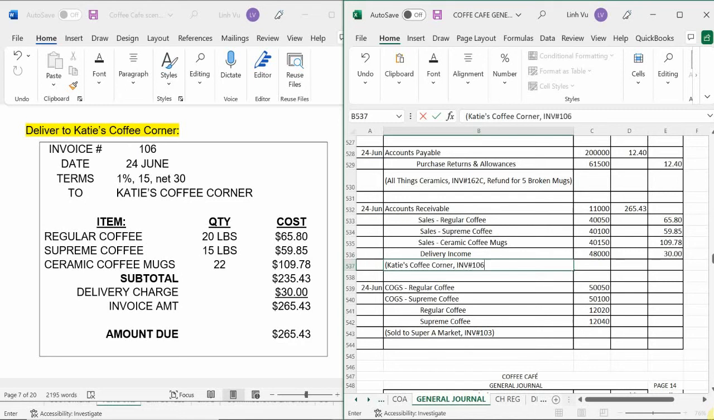Let's see, I'm trying to see it, sorry. It's okay. That's 106. That's all. Yeah, we need the net. They're on what we told them, 1%, 15, net 30. And then with that section, we go into,